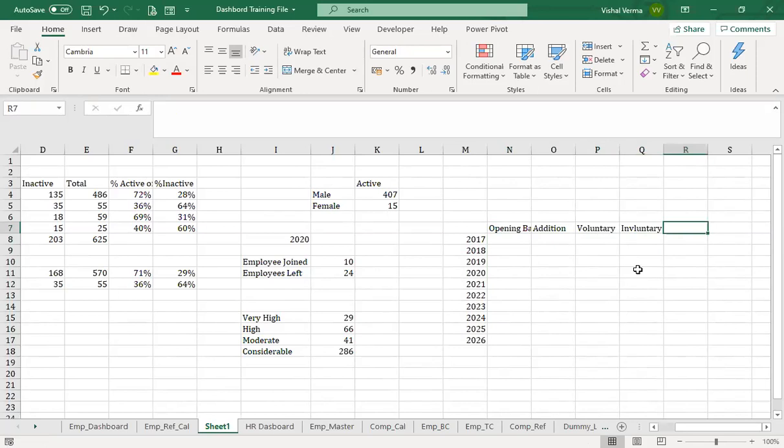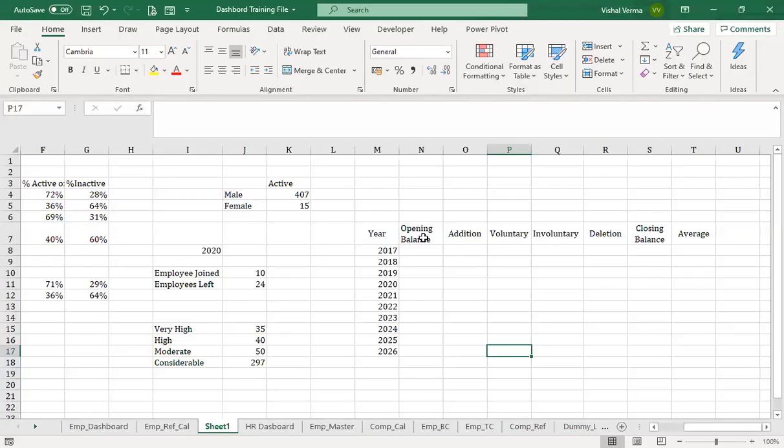Then total deletion from the payroll, and then we have the average. So this is the basic format requirement.